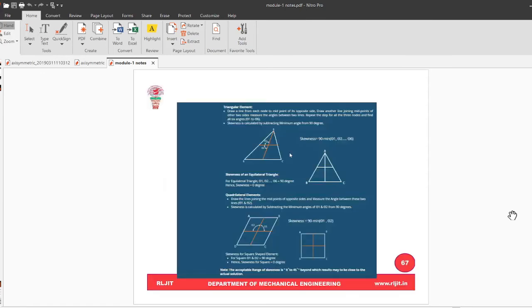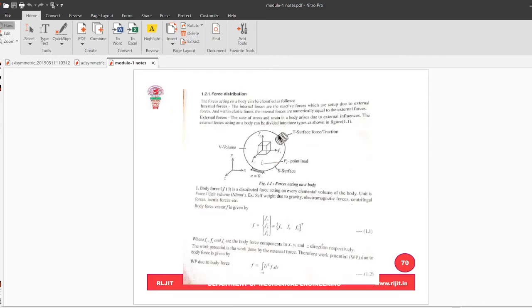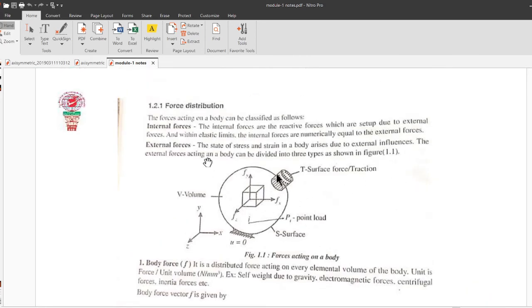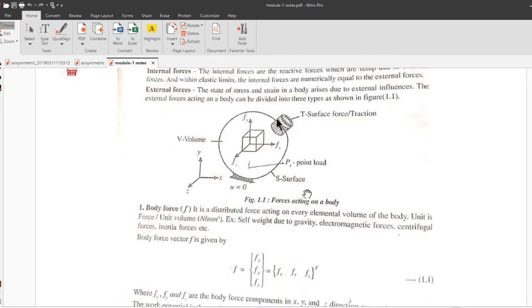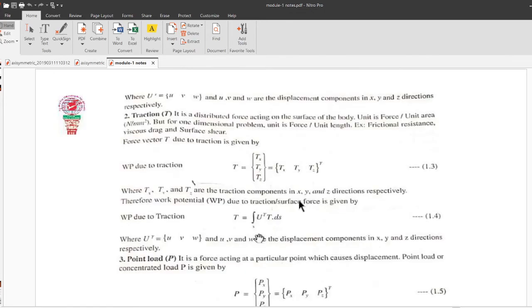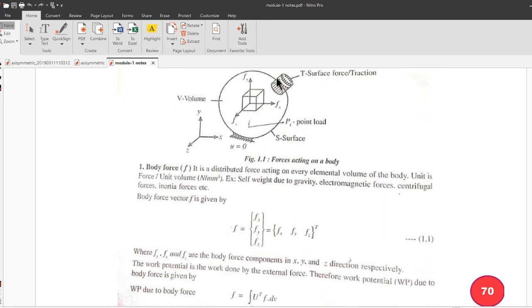Pi is nothing but the potential energy function. Yeah, here. I think you can see this figure. Hope you remember. What topic did we discuss here? Types of forces we discussed, no? One is body force, traction force, point force. Correct? In this topic, we first discussed what is body force, because this is very important. Now we are going to discuss the next.